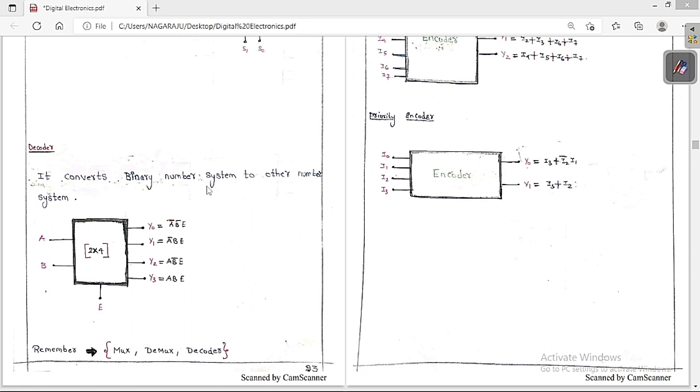So here we are going to learn about the decoder. A decoder is going to convert the binary number system to any other number system. So this is the decoder. A decoder is basically the same as a DMUX. Very important point: a decoder is the same as a DMUX, but here we have interchanged